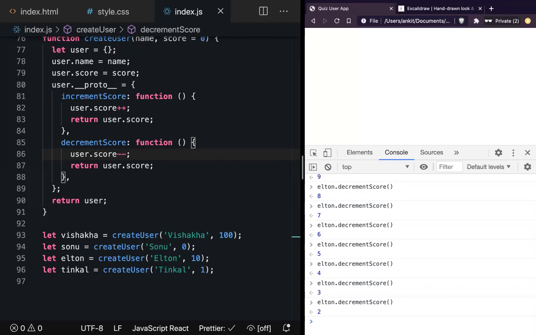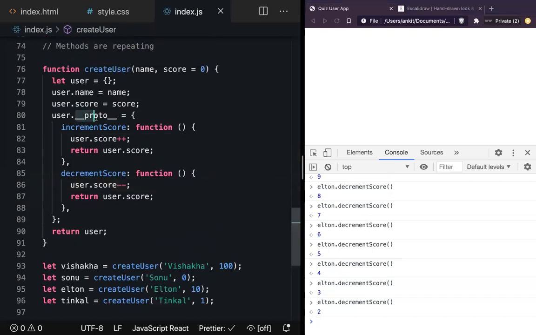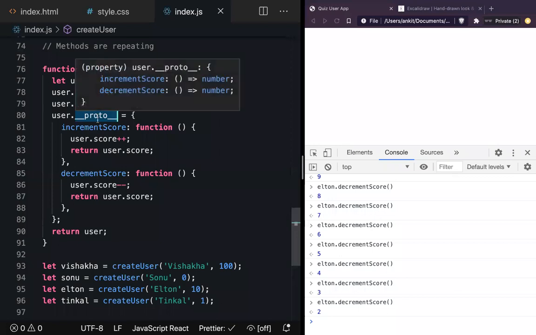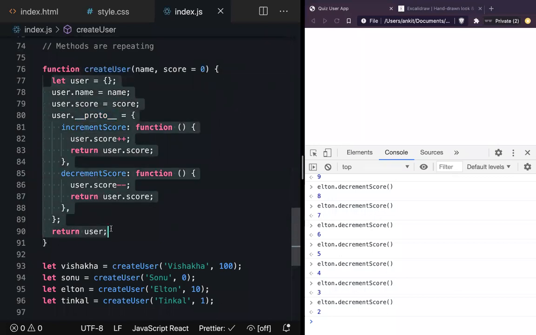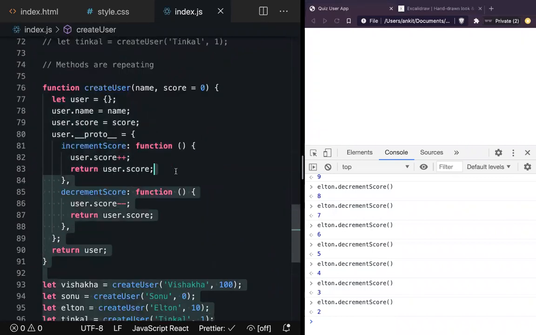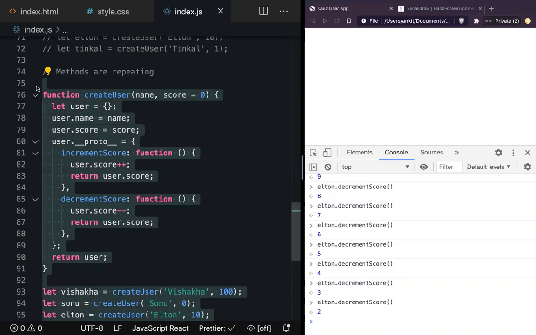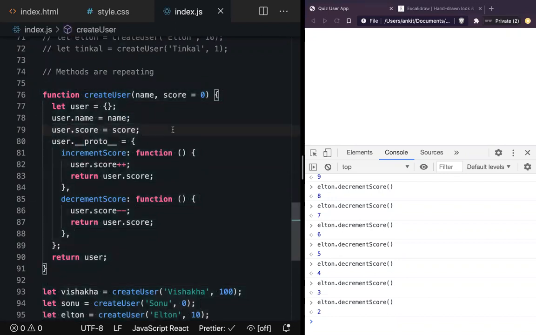But that is where the browser comes in. That is the thing about programming: we will always have a problem, and we will have to solve it. Here what we are doing is directly changing the __proto__ of an object. The browser suggests this is a good way of creating it, but you should not be changing the __proto__ directly. You should not be doing it by yourself. You let me know and I'll do it for you.